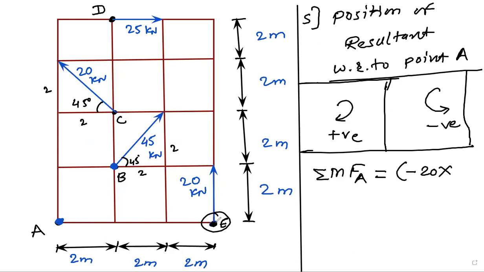Now 20 kilonewton force is acting at point E, and we are taking the moment about point A. So 20 into perpendicular distance. As I told in the last lecture, if the force is vertical, the perpendicular distance is horizontal, and if the force is horizontal, the perpendicular distance is vertical. Remember this thing. Now the force is vertical, so the horizontal distance is 6 meters. So 6. Next,